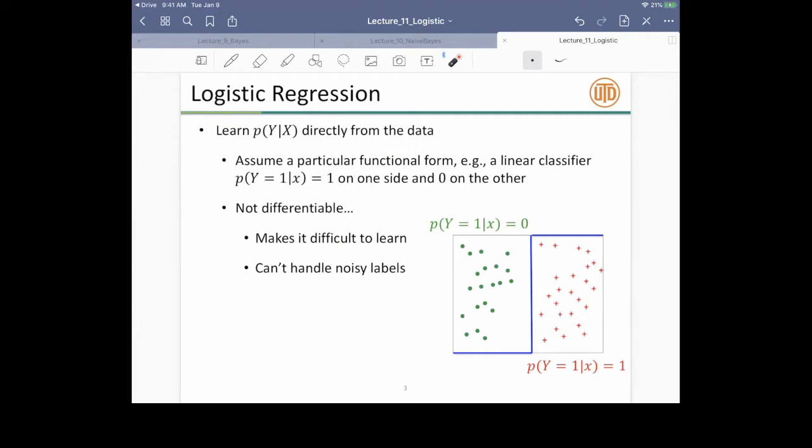Okay, so logistic regression. The goal is that we are trying to learn P of y given x directly from data. We assume a particular functional form. So for example,